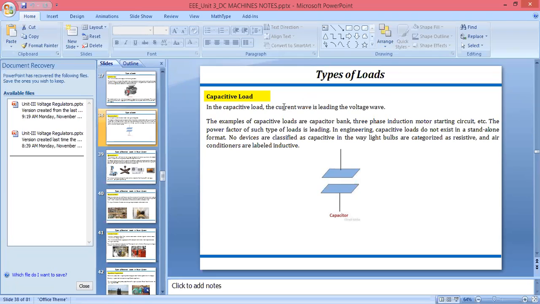If you see some examples for the capacitive load, you can say capacitor bank, three-phase induction motor. These are using capacitor as a load. The power factor of this type of load will also be leading, because here current is leading with respect to the voltage. So here we have to see now about the